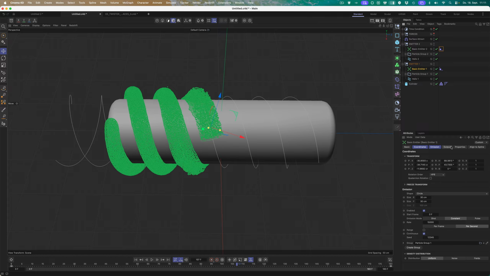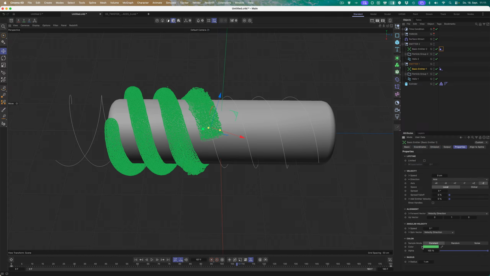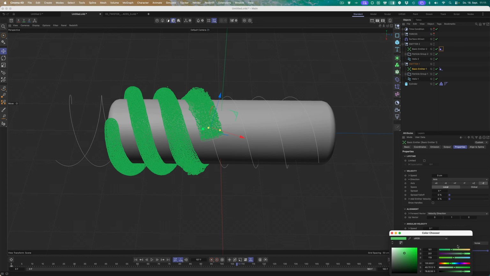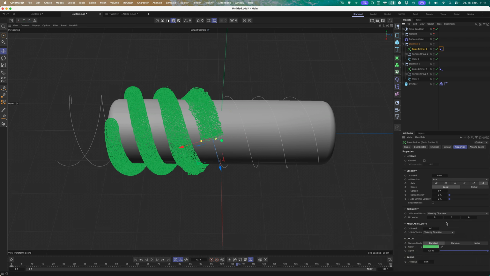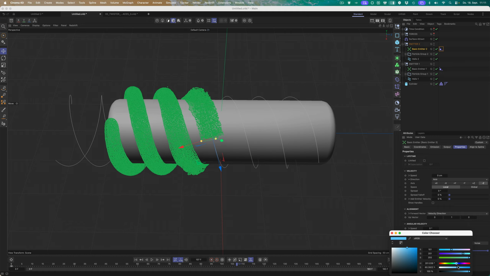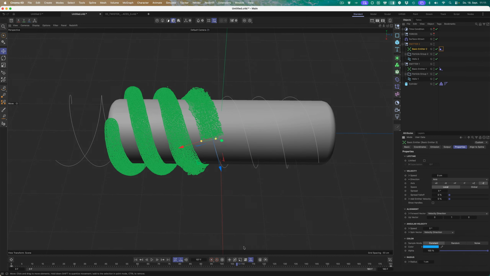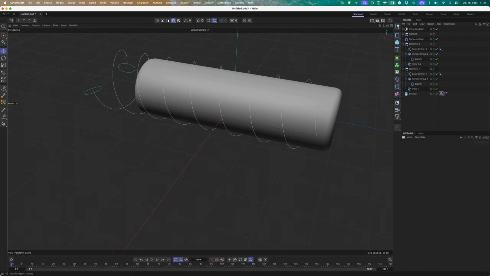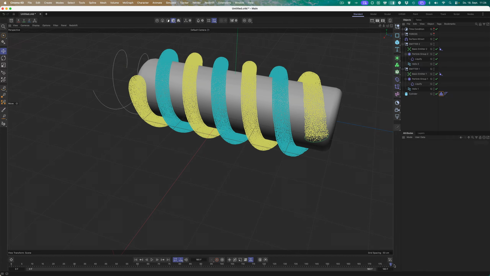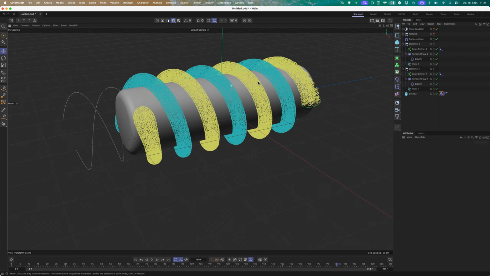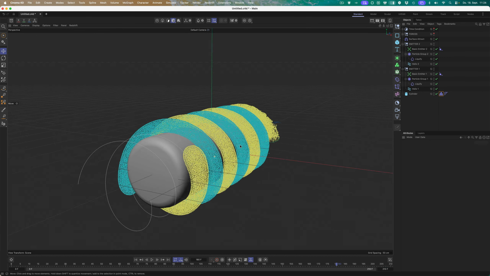Go to the basic emitter, the properties tab, and let's say this is the yellow one, and this is the bluish one. Okay, finalized. And 210 frames. And in the next step, we will try